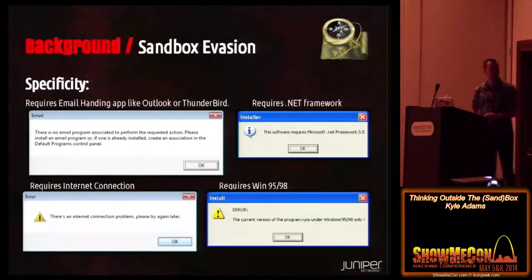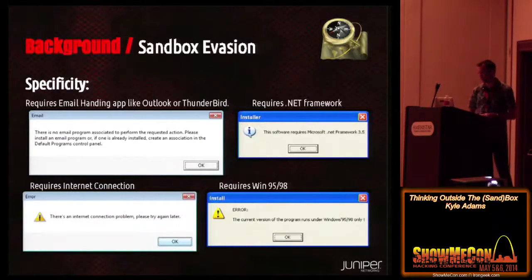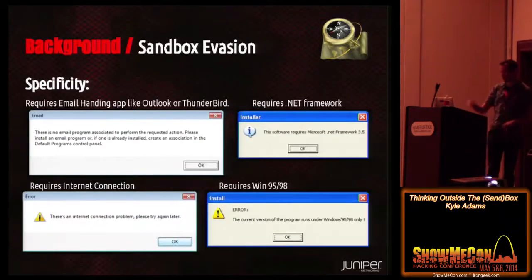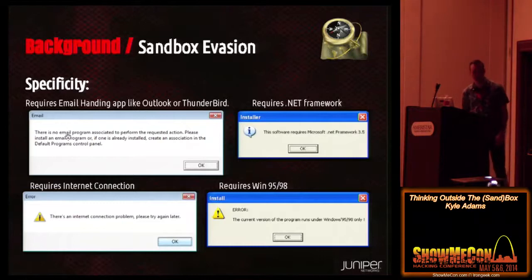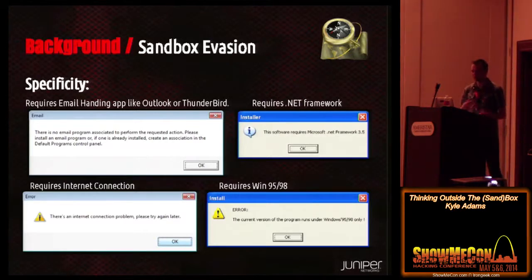So let's look at some examples of specificity. Now I could have shown you code as to how they were actually doing this, but I think the dialogues are a little bit more interesting. So in this first example, we have an application that wanted to install into the default mail program. It didn't find one, so it asked the user to go add the default mail program to their list of default mail programs. Another one is requiring the .NET framework,